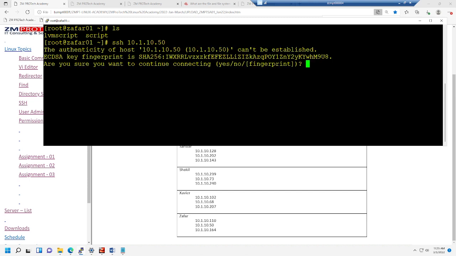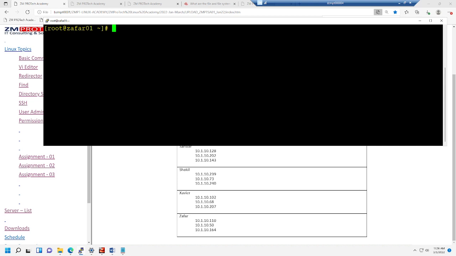Alright, so I'm going to say no. I'm going to make sure I set up SSH passwordless here. So what is the command? SSH copy ID. I should actually do